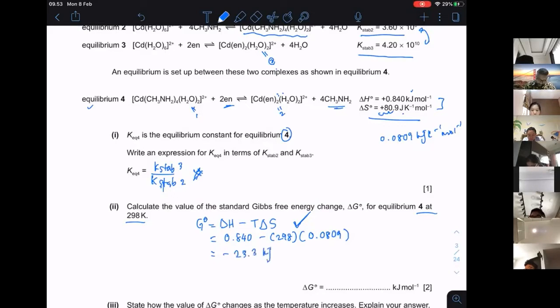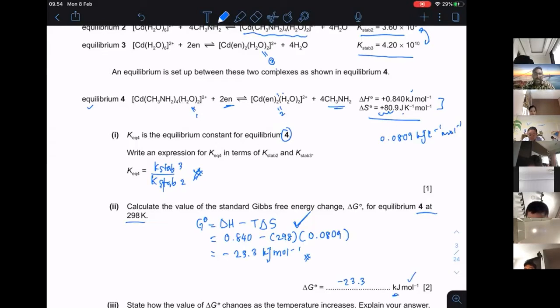Okay, I will take the answer from the marking key over here, but do always check. You need to actually always double check, because later I'll show you one of the significant figures given in the marking key is wrong. So please double check. Okay, so this one you will get negative 23.3 kilojoule per mole, because they even want you in kilojoule per